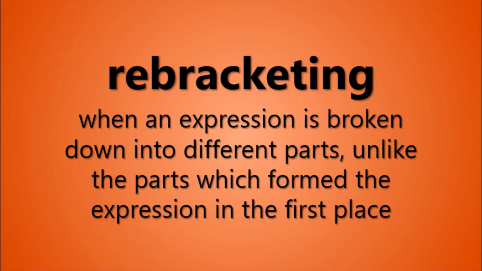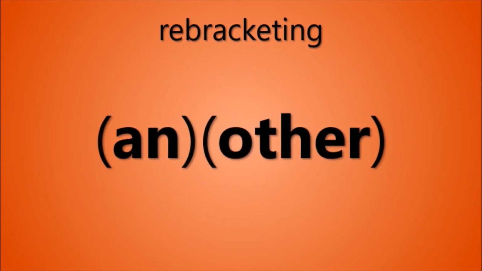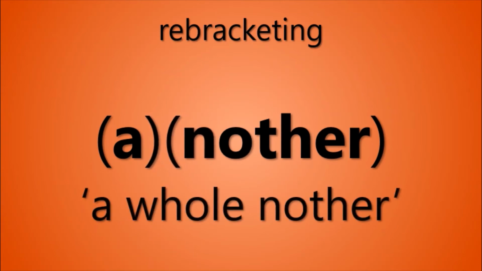Rebracketing is when an expression is broken down into different parts, unlike the parts which formed the expression in the first place. Another is originally formed from an plus other, but for the phrase a whole nother, it is rebracketed as a plus nother. This kind of rebracketing with the word a or an happens in some other English words